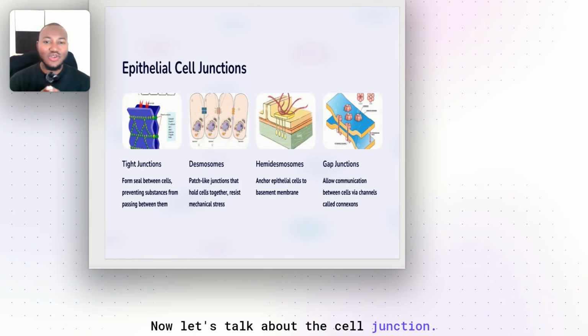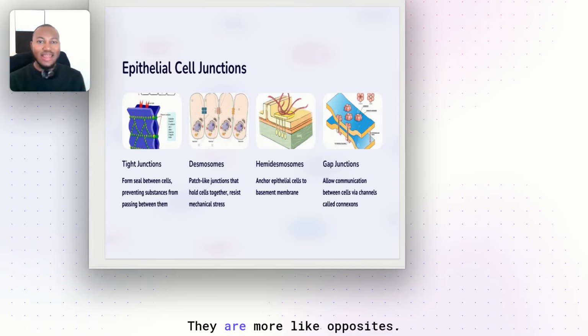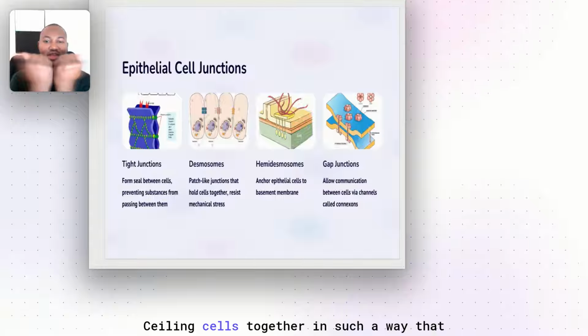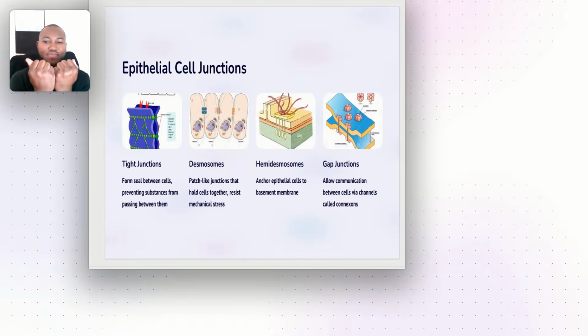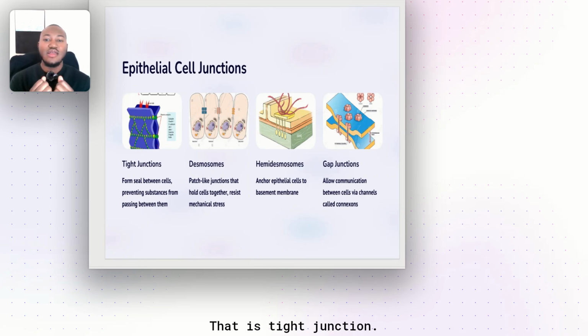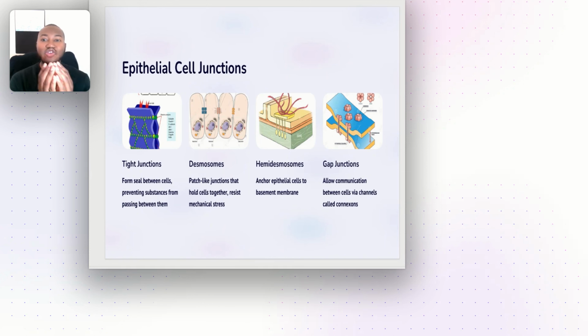Now, let's talk about the cell junctions. There are 4 of them that you must know. Tight and gap. They are more like opposites. What is tight? Sealing cells together in such a way that nothing can pass in between them. So this is one cell, this is 2 cells. We don't want anything passing in between them. That is tight junction. Now, when you are talking about gap junction, it is allowing these 2 cells to communicate, because